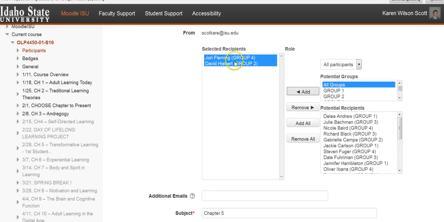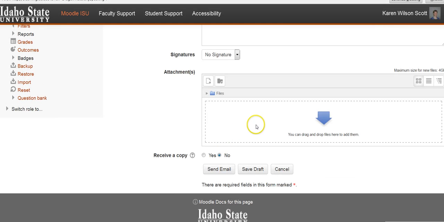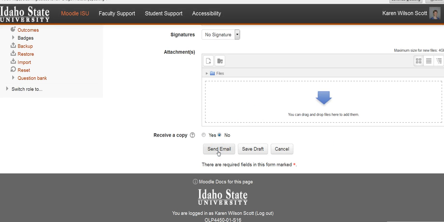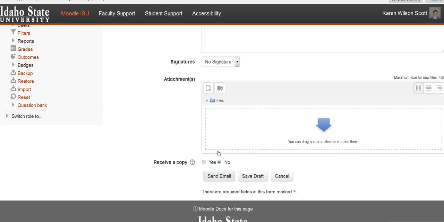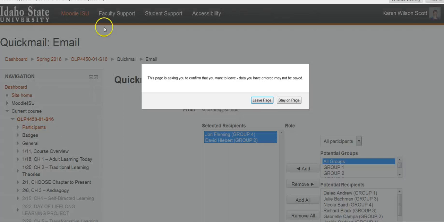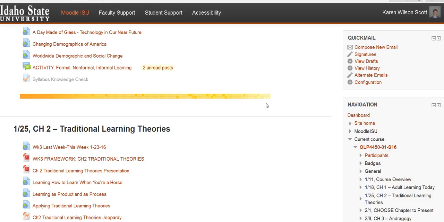So now he's emailing Jory and David, and he can just put his information in here, and he can scroll down. If he wants to send a draft of something he's created, he can do that, and then he can send it directly just to them. So that's a way that it's possible to do quick mail. Yes, we want to leave that page, and we don't actually want to send that.